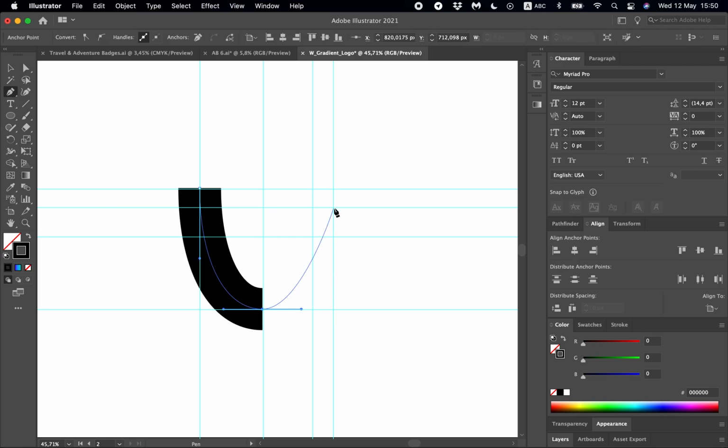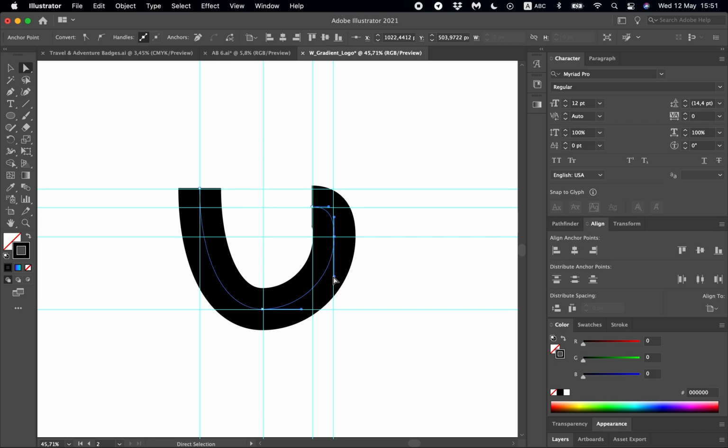And then the next point that I would want to click is here, and the final point is here. So we've constructed some half of the logo. I'm just going to adjust this a bit here to make it a bit more rounded,